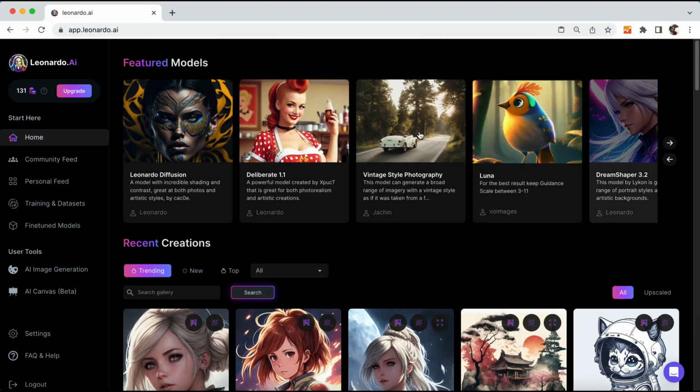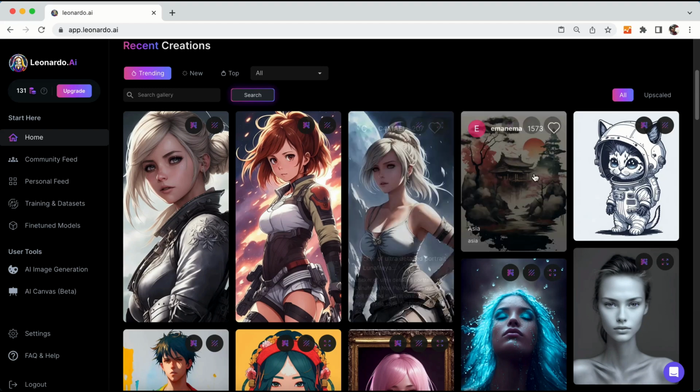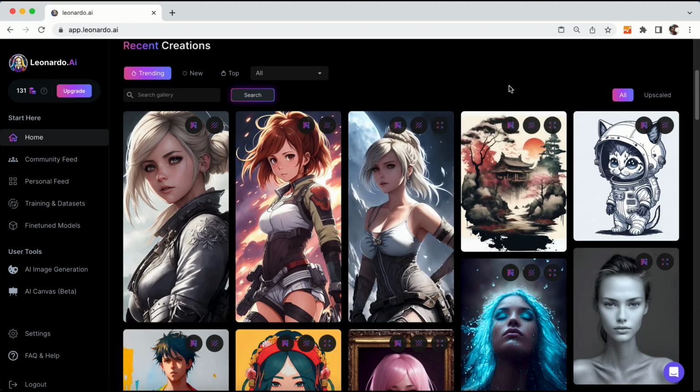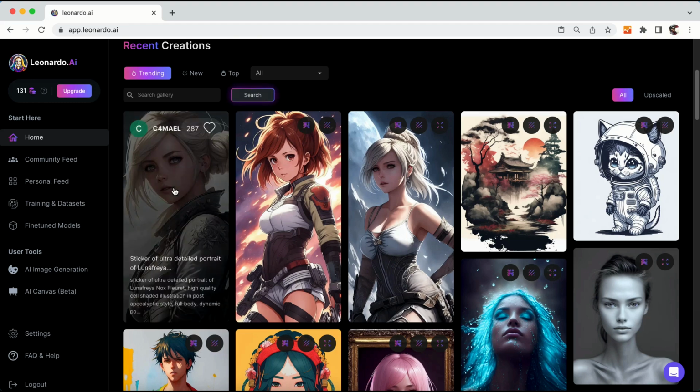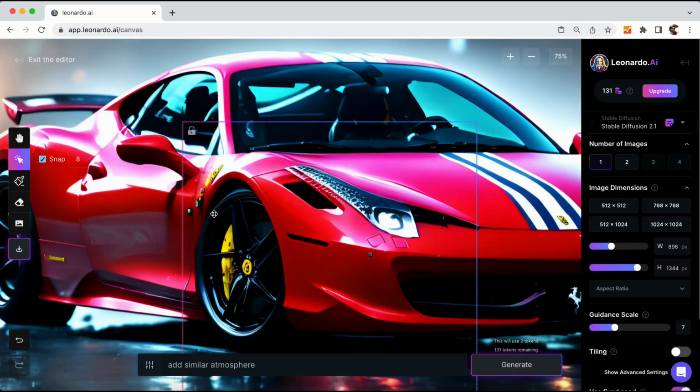When you create art with Leonardo AI or any other tools, there are specific sizes on the AI art, but when we want to increase the width and height of these images for using as a wallpaper or YouTube channel thumbnail, we can do this using AI Canvas. So click on AI Canvas,